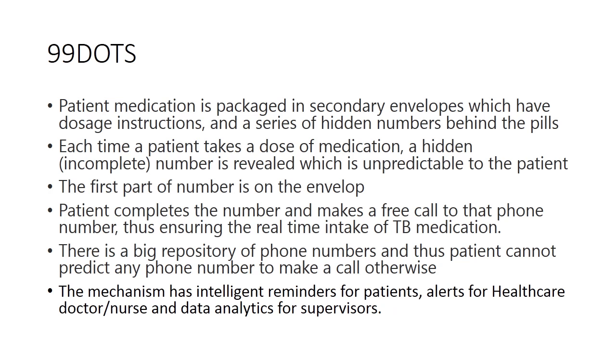The first part of the number is on the envelope. Patient completes the mobile number and makes a free call or blank call to that number, and thus ensuring the real-time intake of medication, because that call is received at a system which records the time of administration of drug